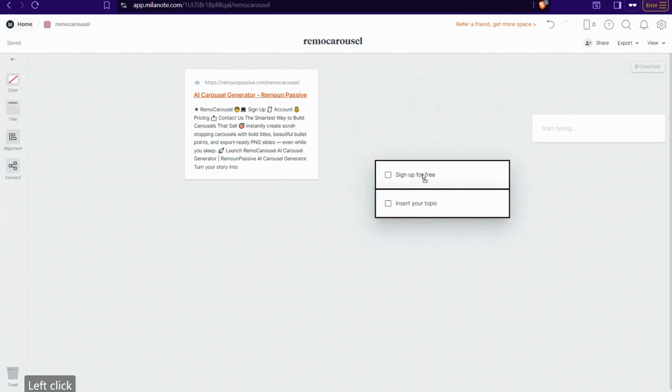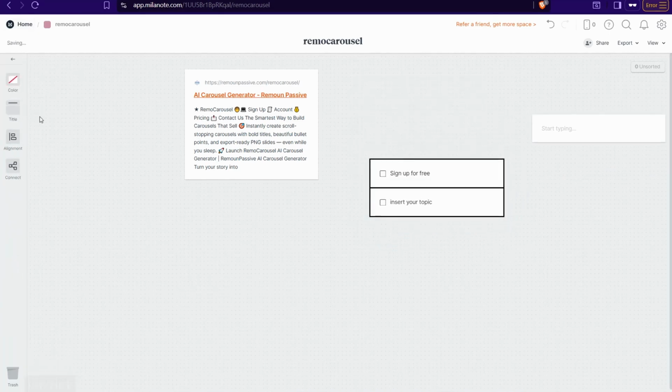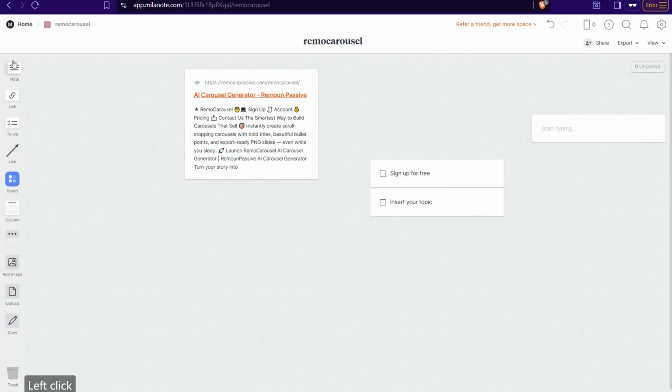Amazing. And for sure, for every single element you can choose different options to edit it as you like. Anyway, you can go back and find something else like the line. Here are these arrows, used to connect different options or elements inside your board. For example, here I can just take this arrow and make